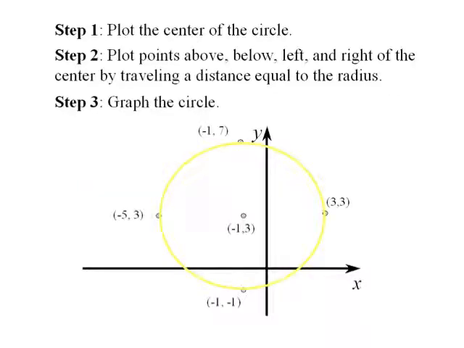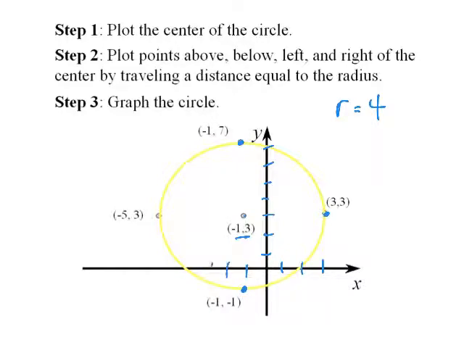All right, here's the graph. You could just follow steps. Plot the center of the circle, which was -1, 3, so over 1, up 3. And then plot your points in 4 spaces, moving the radius, which in this case was 4. So from this point, I'm going to walk up 4. 1, 2, 3, 4, and there's -1, 7. I'm going to walk over 4. 1, 2, 3, 4. So you end up at 3, 3, down 4, 1, 2, 3, 4, -1, -1, and